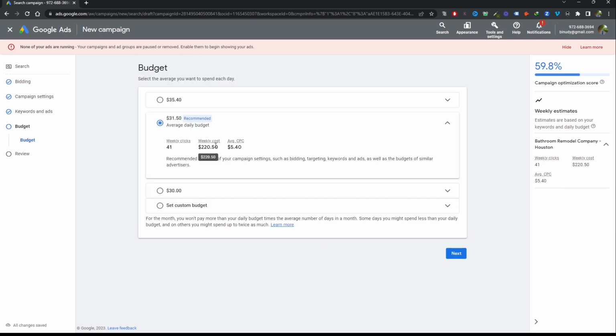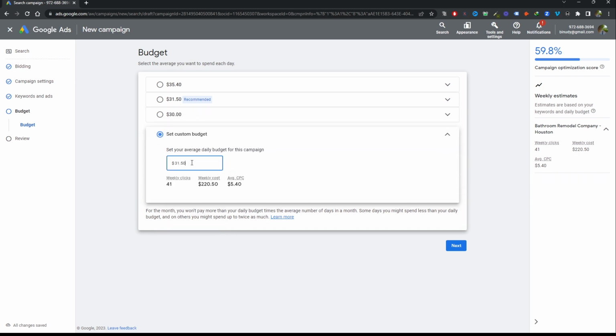Now it is asking me to set a daily budget. Don't worry about this optimization score, we will optimize the ad properly. Let's set a custom budget for a bathroom remodel in a competitive city like Houston. I suggest that you spend at least $100 a day. If you spend that much per day, it will get you some clicks, get you some lead information, and it